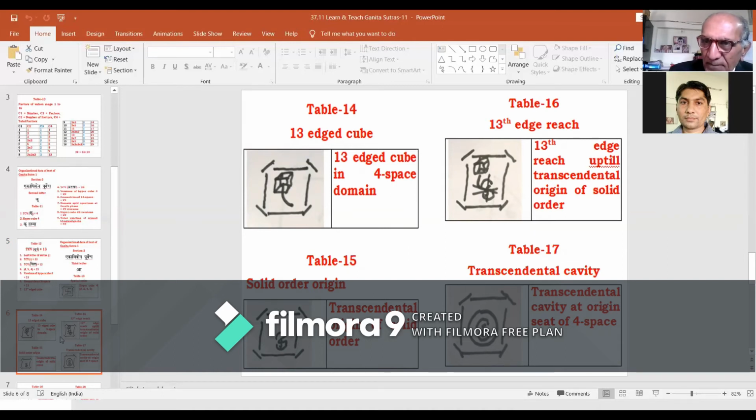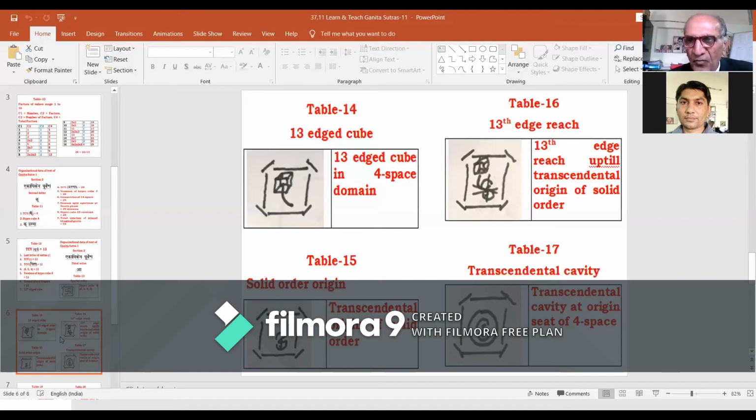A step ahead, four space content, which is of a spatial order, manifests as the domain fold of hypercube 4, the representative regular body of a four space. What this is, is of distinguishing features than that of linear order space. For it, let us be parallel with table 14, which is captioned as 13-edged cube, meaning our 12-edged cube,